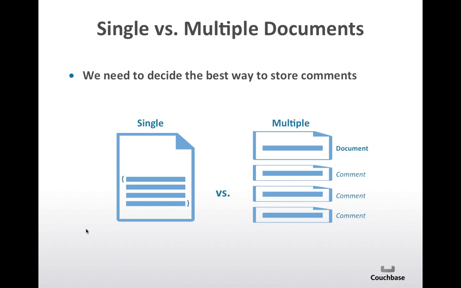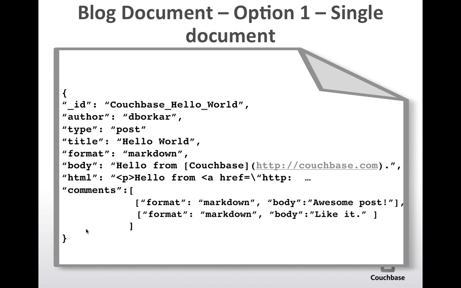Or you create the document that contains the blog post, then a list of other documents containing a comment, each one containing one comment. How does it look from a JSON point of view? If it's embedded, you will have the author, the type, the title, the body of the blog post as attributes, and you have one attribute that is a comment that contains a list of comments entered by all the users. So this is great because you can get all the data in one call, but at the same time, it's dangerous because you don't control the size of the document.